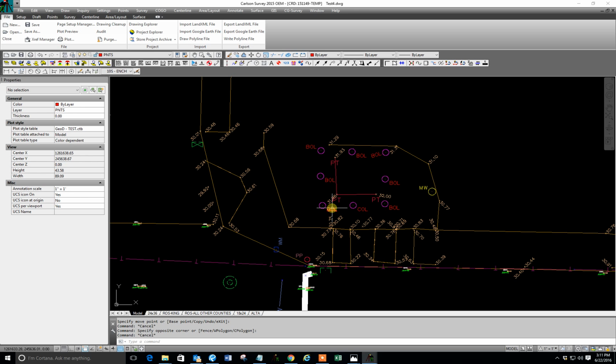For instance, if we need to run field to finish on a previous job, say new topo that's been run on a job from last year where the original field to finish was run, we're going to have to use the old drawing template and the old field to finish. So we're just going to have to keep that in mind while we're working on some of these older projects,